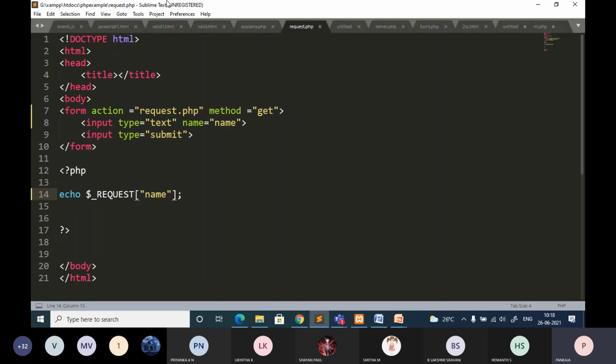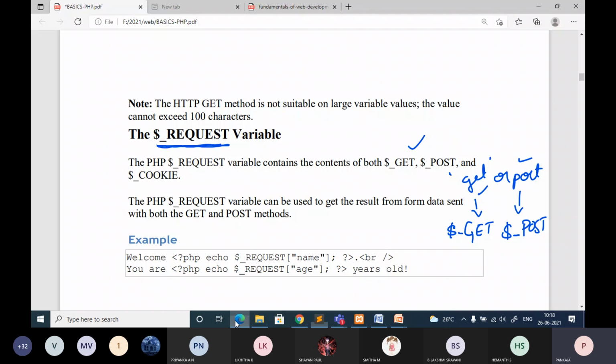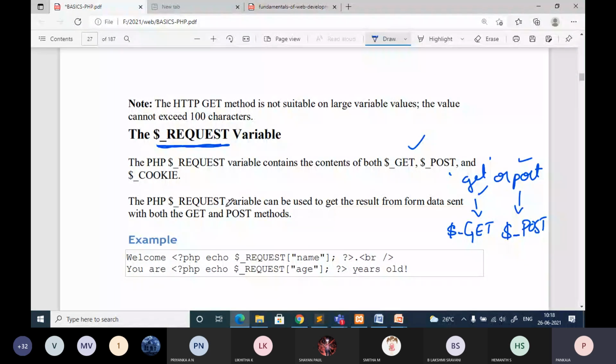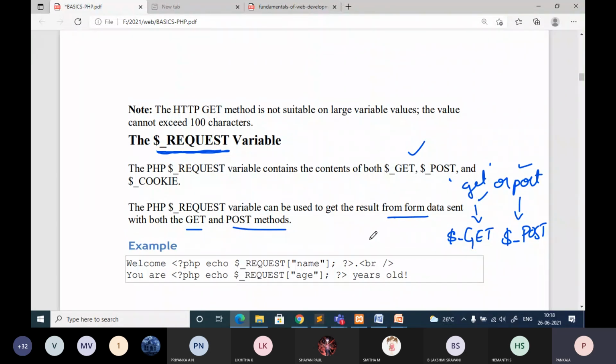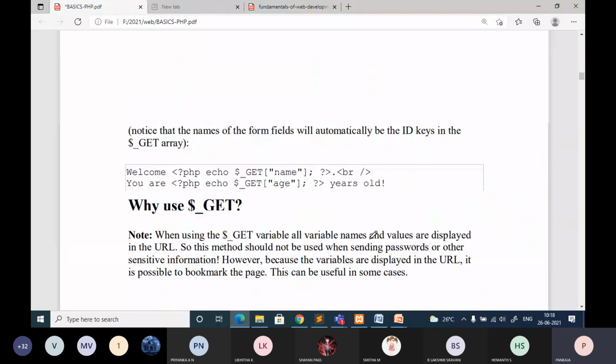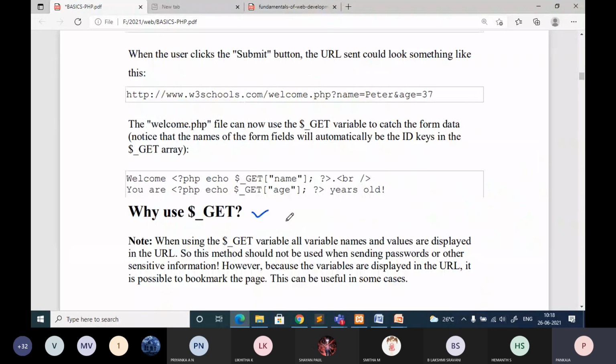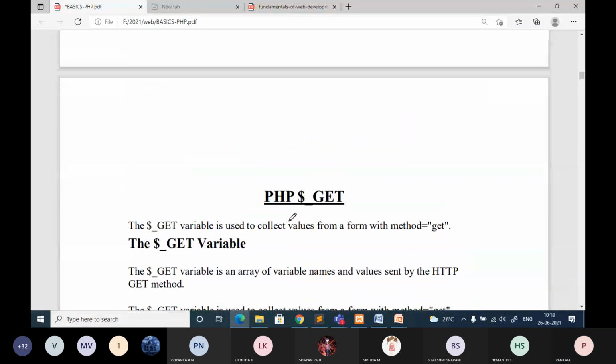So whenever you are explaining about $_GET and $_POST, you can just add this statement also. You can make use of the $_REQUEST variable, which can be used to get the result from the form data sent with both get and post methods. Okay, very simple. Just write one statement when you are explaining $_GET and $_POST.